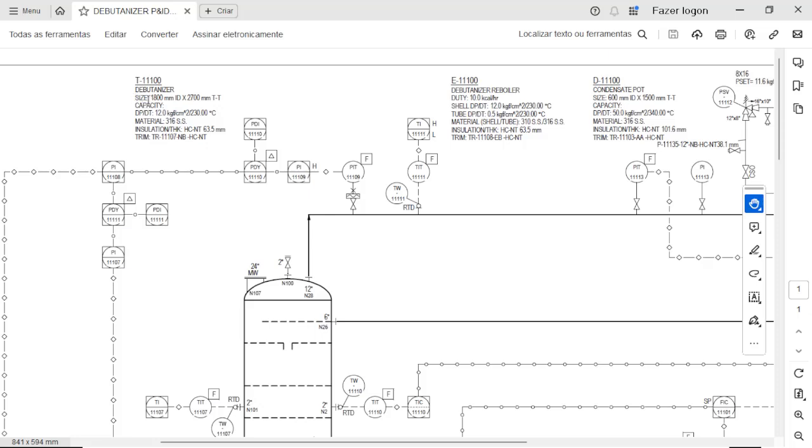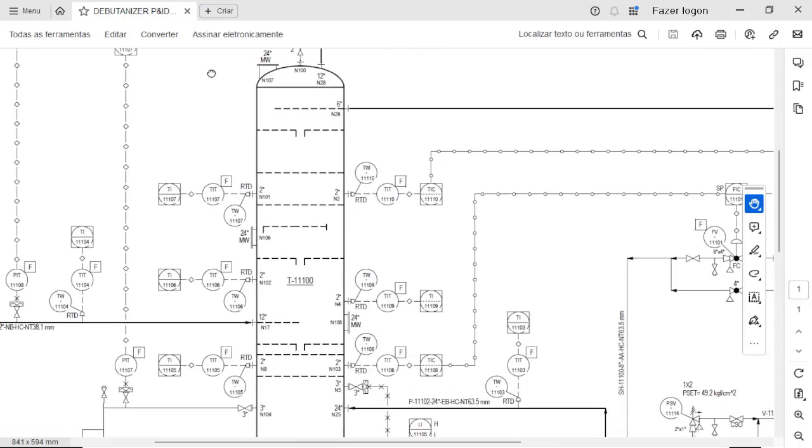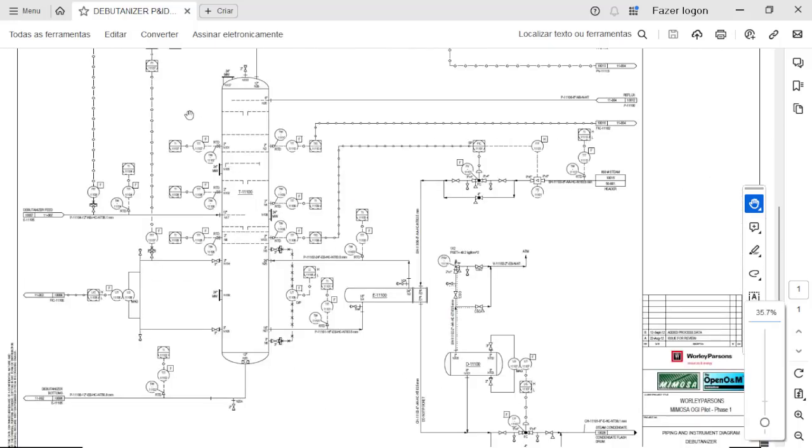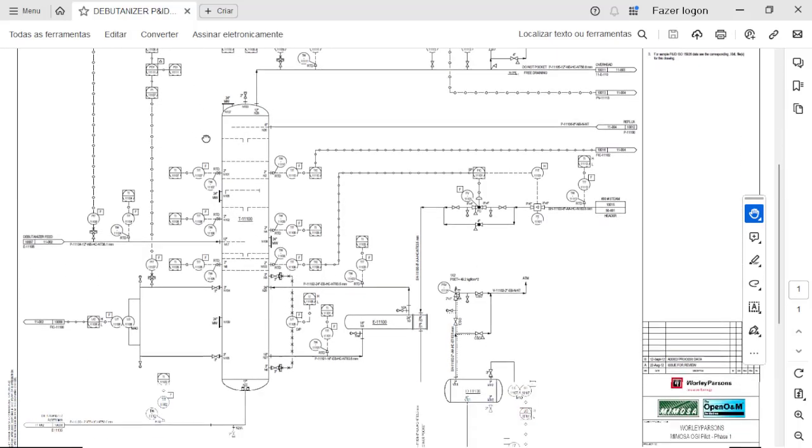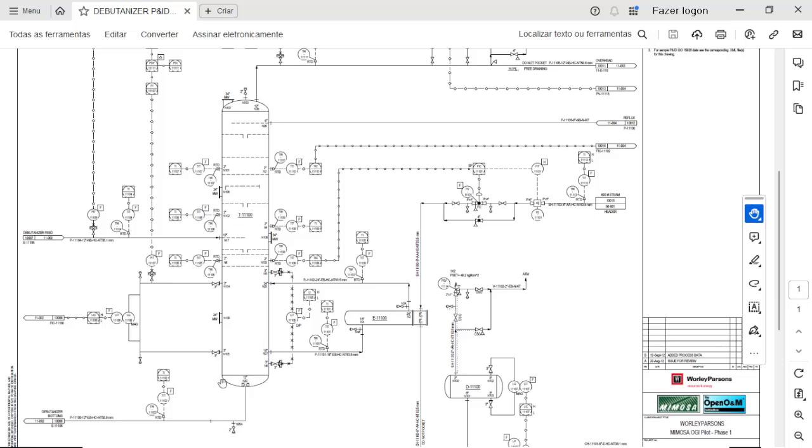In this case, we have the size, that is mainly the diameter, and the T to T, or tangent to tangent. It means that the height shown here is from this tangent to this tangent, not considering the top and not considering the bottom, only the tangent to tangent.